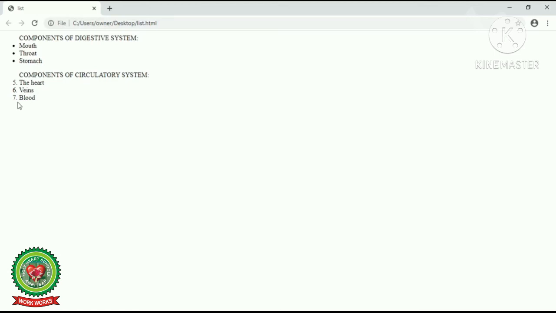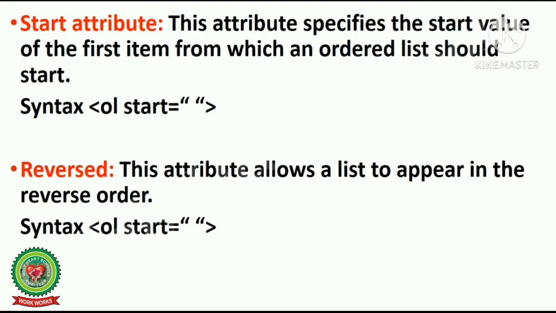Now next is reversed attribute. This attribute allows a list to appear in the reverse order, and the syntax is angular bracket start OL start is equal to, and write down your number or your value in double quotes and then close the angular bracket.